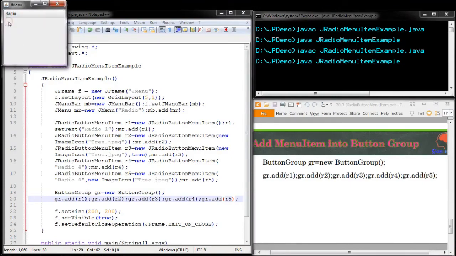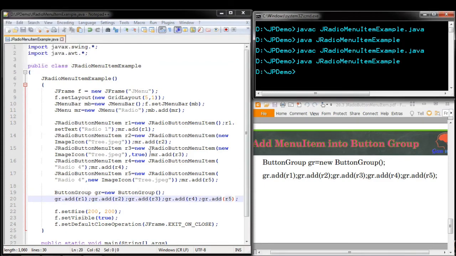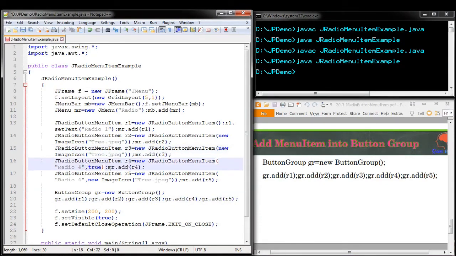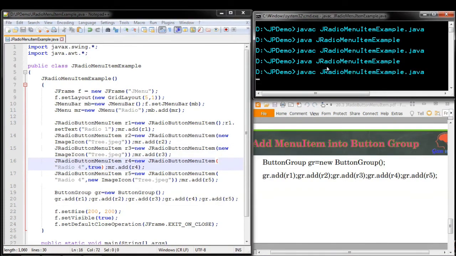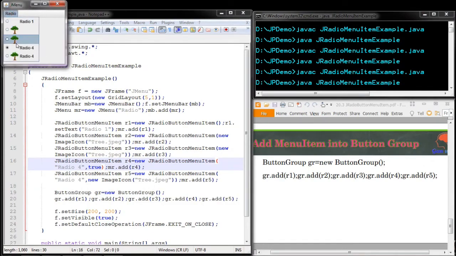Now you can see that when I select one option, the existing option is deselected, so at a time only one radio button is selected. Here, instead of true for this one, we are able to select for the string one also. Now you can see the string option has been selected.